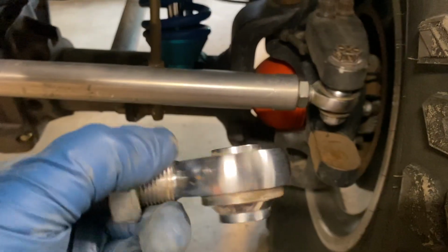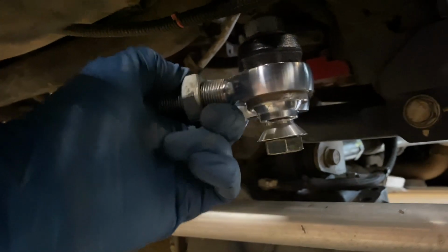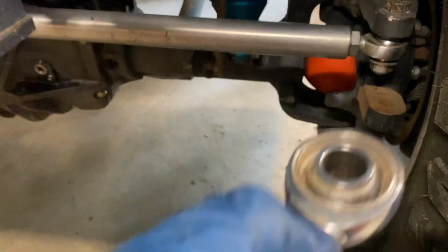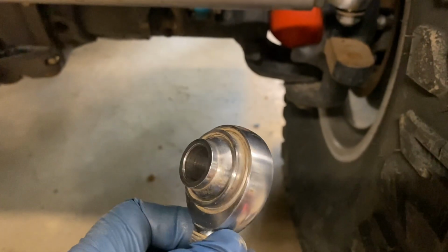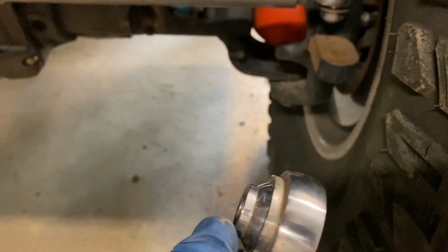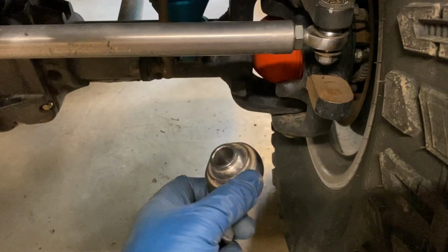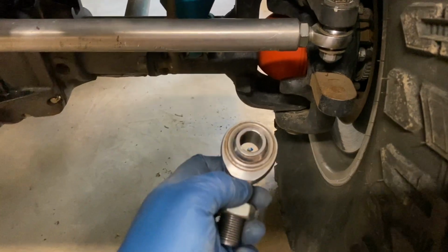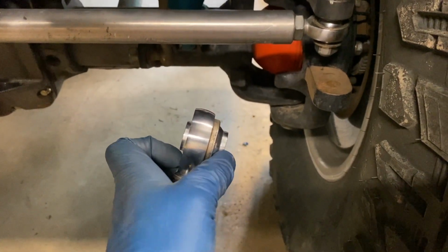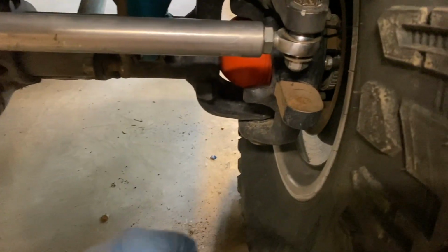This is mounted up on the pitman arm like that, so it was in here like this with the press side down. These are the links that came with all of this high steer kit from Offroad Evolution. And you can see that they have a misalignment spacer built right into it, right? So you've got a 5/8 inch bolt with a bit of a misalignment spacer, and that spacer is there because you don't want these Heims